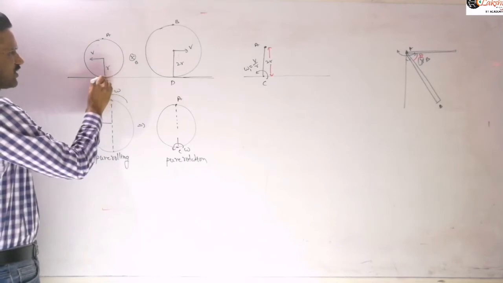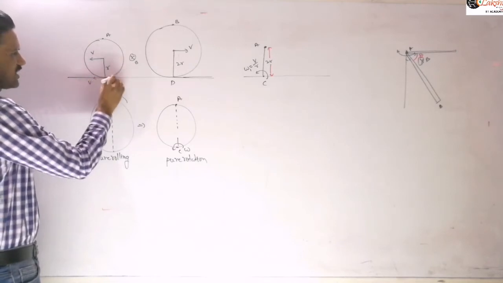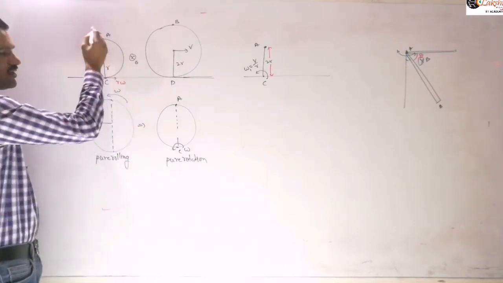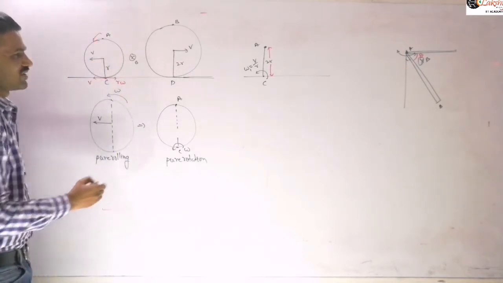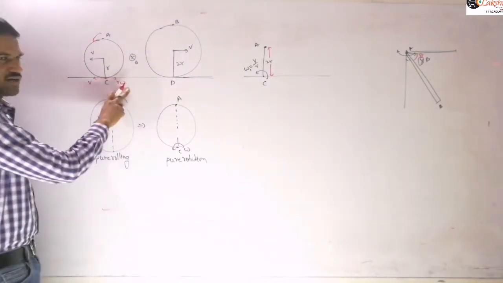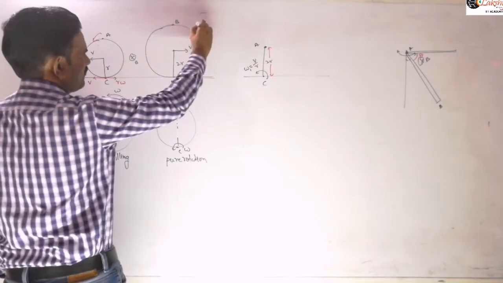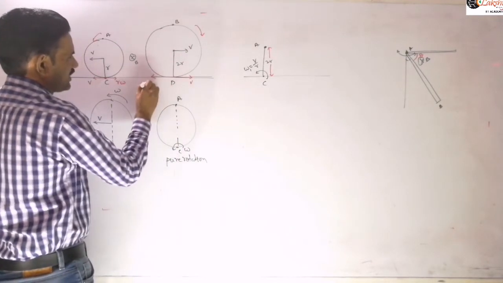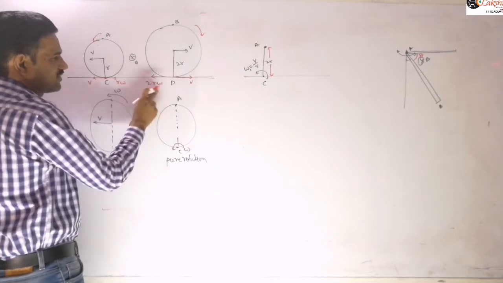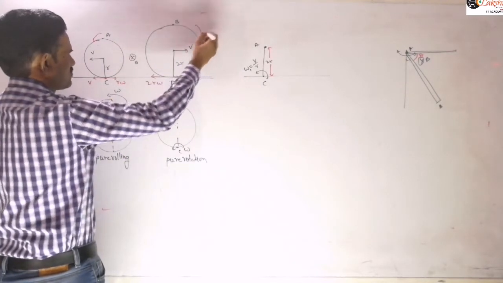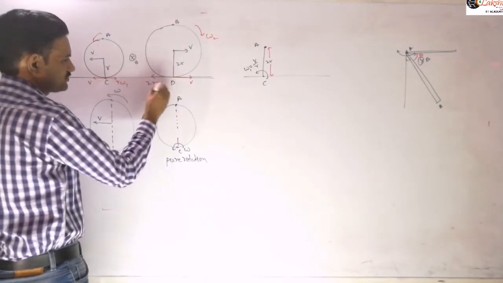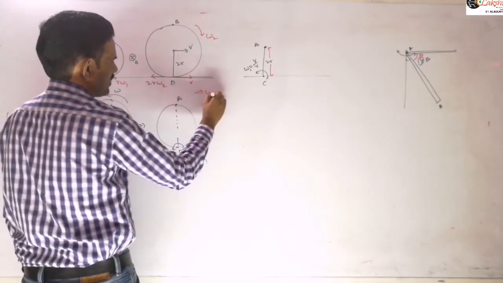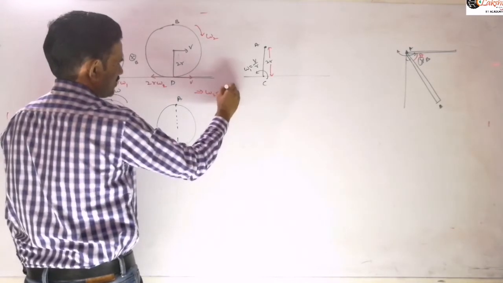The velocity of the point of contact is at rest, which means V is along this direction, then R omega should be along the opposite direction, so that the object is in pure rolling motion. So V is equal to R omega formula you can apply. Similarly for the other ring, V is along this direction, but here it is 2R omega. So let us take this as omega 2 and omega 1. For this, omega 2 we can write as V by 2R.